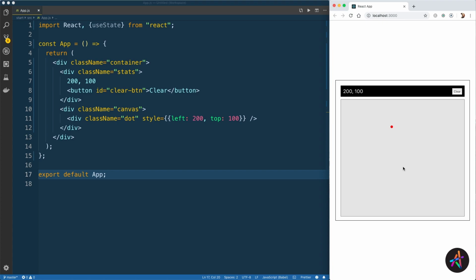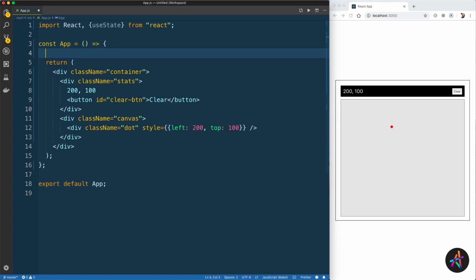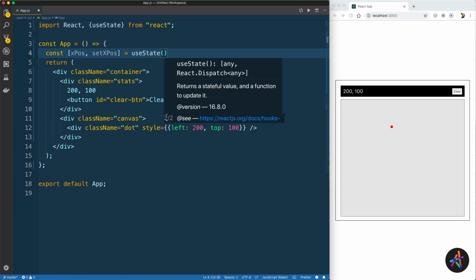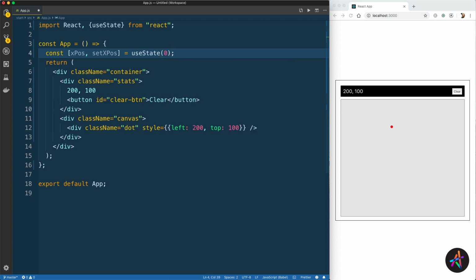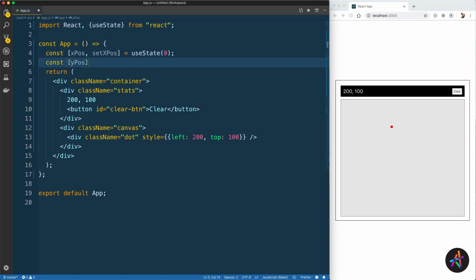Since I'm using a function here, I'll use the hooks API to incorporate local state properties. I'll thus create my first state property to store the x position of the mouse pointer. Likewise, we'll also store the y position of the mouse's movement on the canvas div. To update these positions, we'll be able to use the setXPos and setYPos methods which we have declared using the